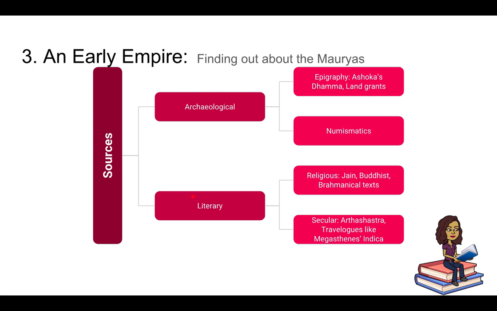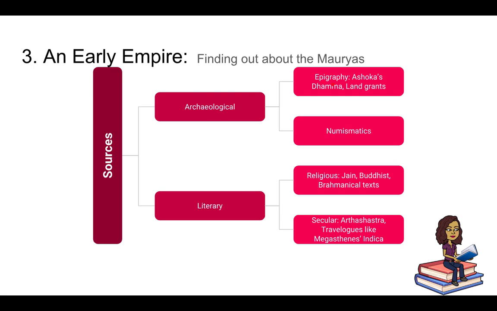Now, what are our sources of information about the Mauryas? We have two major categories of sources: archaeological sources, and the second one is literary sources. Under archaeological sources, we have a huge range of sources. So, we have